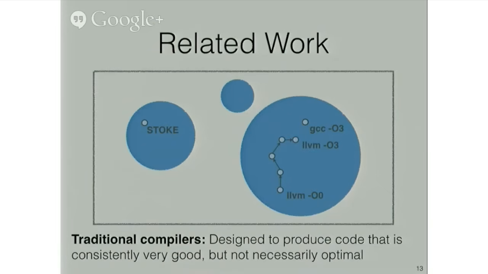But this is, of course, complicated, and two compilers often won't agree on the results. So here I've noted that LLVM with full optimizations isn't quite identical to the code produced by GCC with full optimizations. And regardless, none of the standard optimizations that we're familiar with, whether they be target dependent or otherwise, are sufficient for escaping this region of points on the right here and producing a program that looks something like the code produced by Stoke.